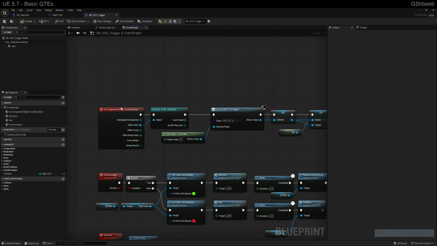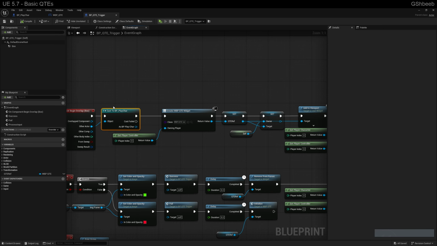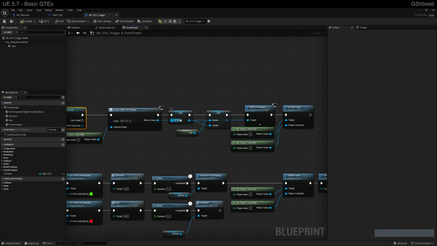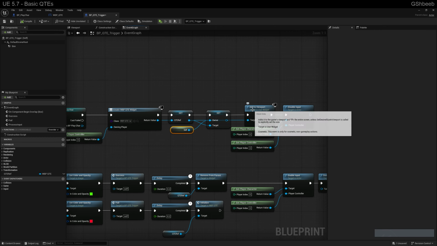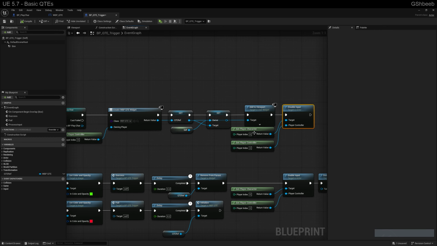So the first thing we're doing is checking a begin overlap, checking on the player, and then we're going to create a widget if that is a player. So when we have the player controller, we create the widget. We'll look at the widget in just a second. We save off the widget as a reference, and then we create a variable inside of our widget blueprint that will have a reference to the type of thing that would be calling it. So if you have a parent actor or a parent class or object class that you'd want to use, then point it at that. We add it to the viewport,